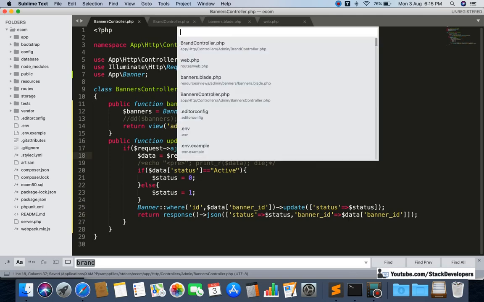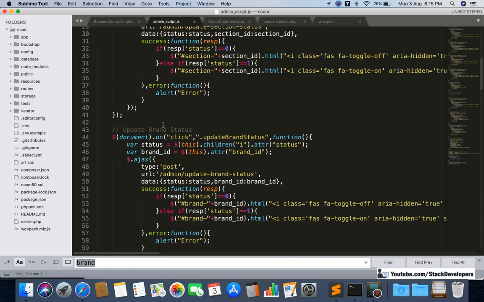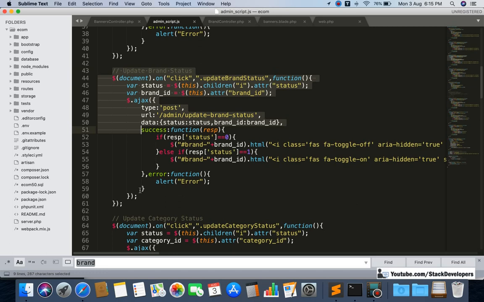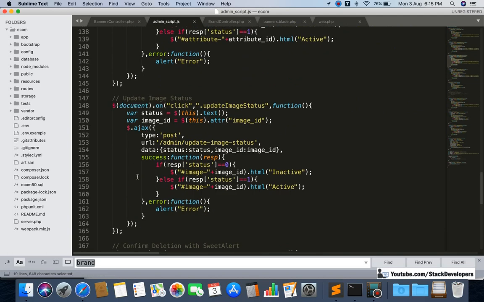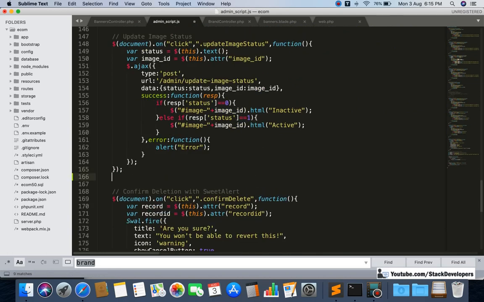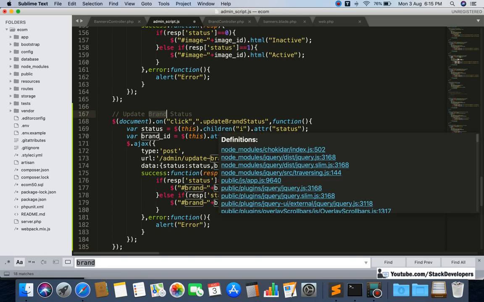And you just need to add it in the admin script. In admin script we will copy update brand status and paste it down somewhere after this one, image status, and here after this one we are going to add update banner status.